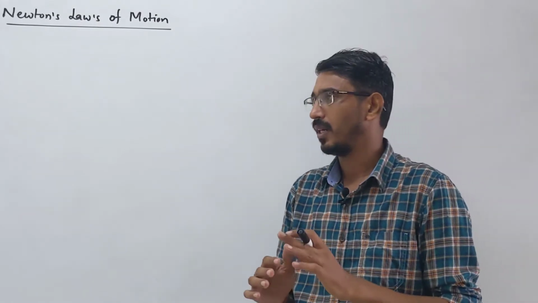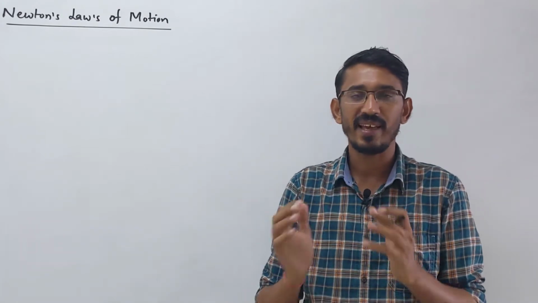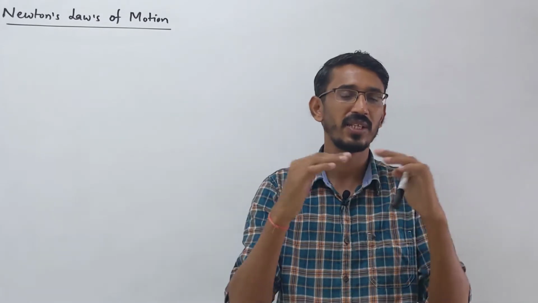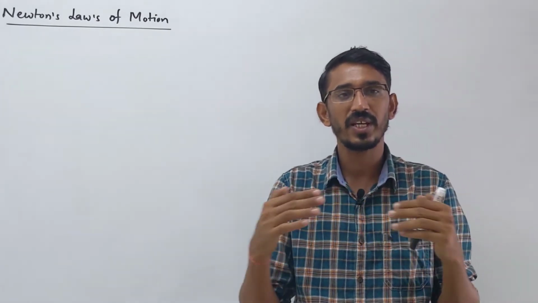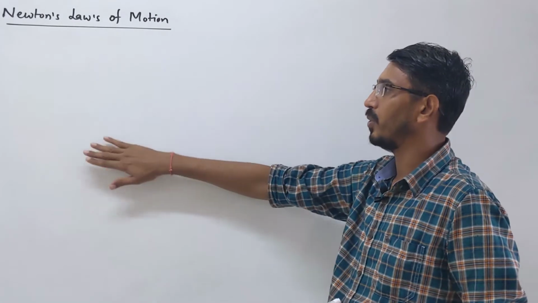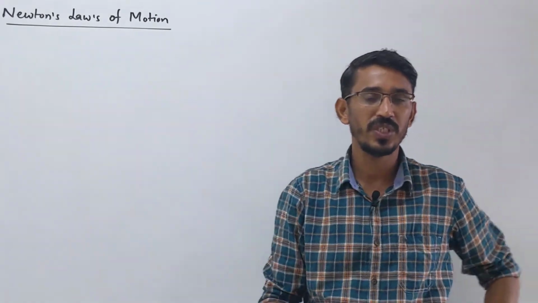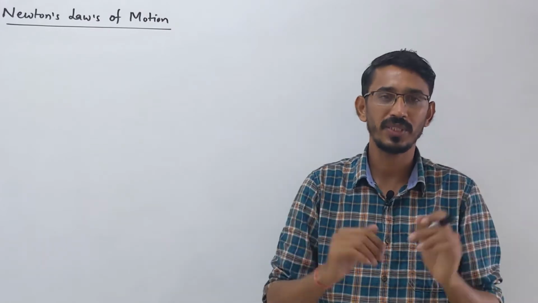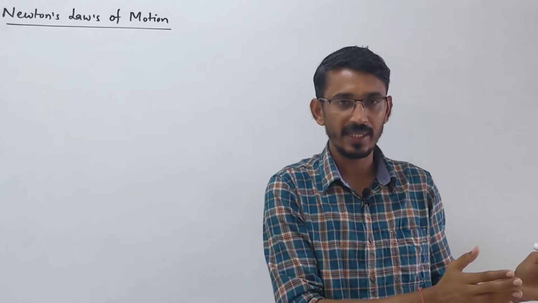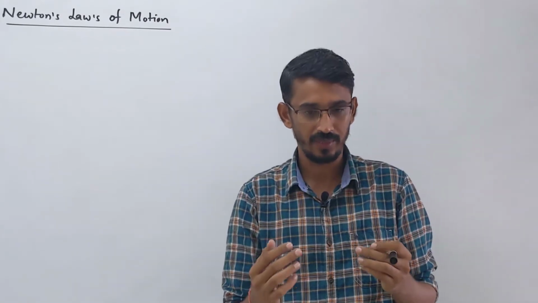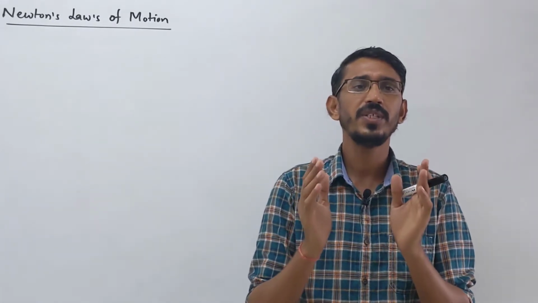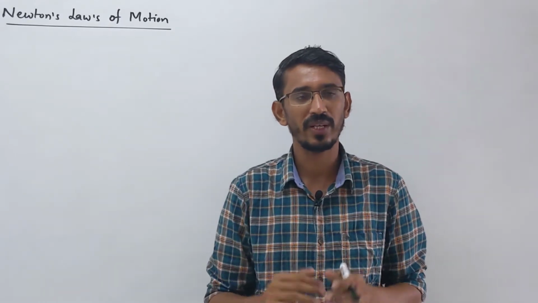Yesterday I gave an example of how you apply the FBD when you have to calculate normal reactions. Some blocks are in contact and you are pushing them, they are moving, and we have to calculate the acceleration of the system and the contact reaction between the surfaces of these bodies. The steps: first find the acceleration of the complete system, which is net force divided by total mass. Then write the FBD: cut one body, write it separately and show the external forces acting on it. Choose first the body which has the minimum number of unknown forces.